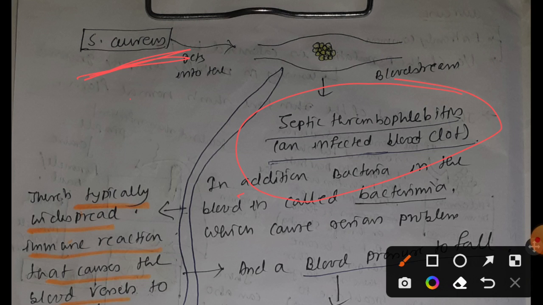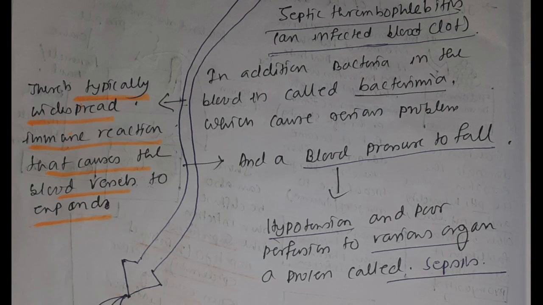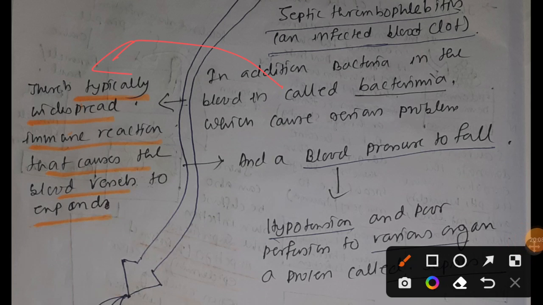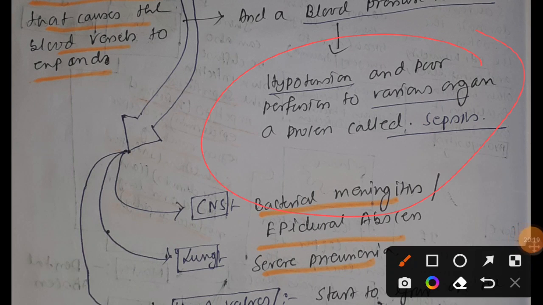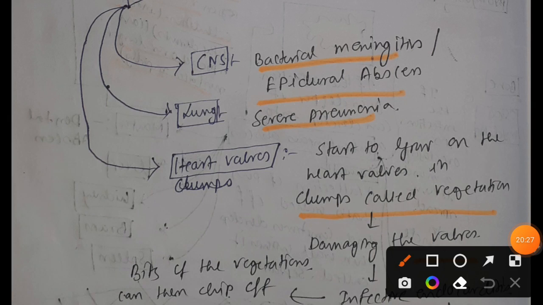Okay, so in addition, as bacteria are present in the bloodstream, it has already established a bacteremia situation, which can cause severe problems. Under such circumstances, it can typically facilitate a widespread immune reaction. Okay, and that can cause blood vessels to expand and blood pressure to fall. And as blood pressure falls, it can lead to hypotension and poor perfusion, a process called sepsis. And as bacteria are now in the bloodstream, it is obvious they can transfer to various important organs, for example